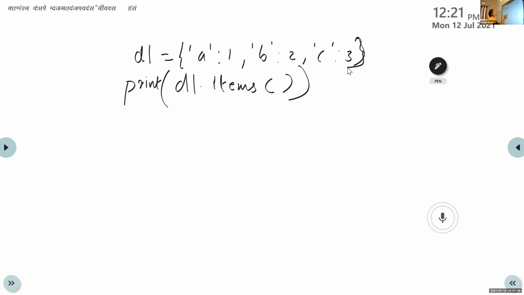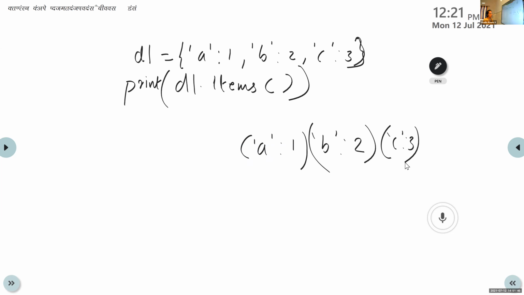It will display like this: A1, B2, then C3. It will display like a tuple, with round brackets. So items are used for representing all the values inside a dictionary as a tuple.